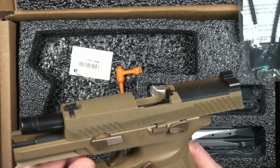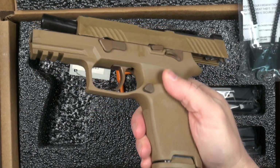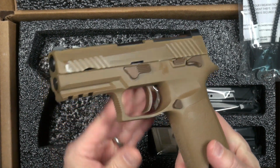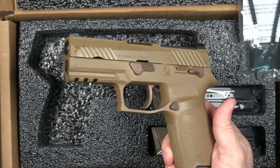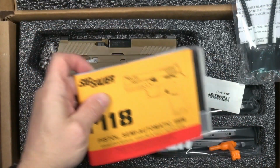There's a first look at the commemorative M18 from SIG Sauer. I guess I was kind of lucky to get my hands on one because I knew they were going to go fast, and I didn't go to a whole lot of trouble to try and get one. I basically asked my local dealer that I buy everything through that I can, hey, can you get me one? And he was able to, so I appreciate that. There it is. Commemorative